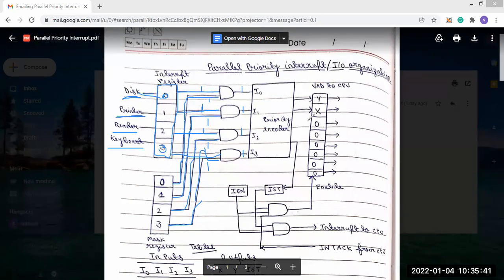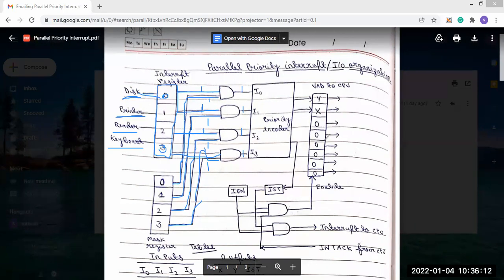From this output we can get the address of the interrupt service routine. Then the CPU will go to that particular address and will handle the interrupt.